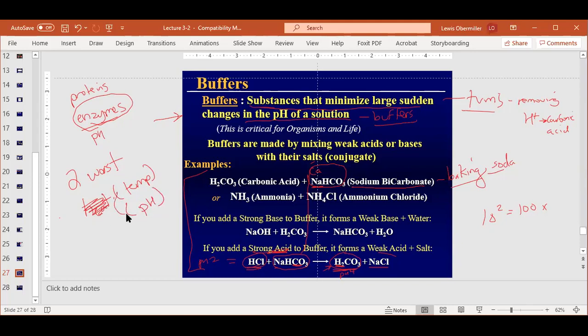These two things will change the shape of your molecules, like hemoglobin, for example. And if hemoglobin doesn't have the right shape, it can't bind oxygen. And if you can't bind oxygen, then what happens? You die. So if I change your pH, you would die. If I put you in the oven, you would die. If you had a really high fever,